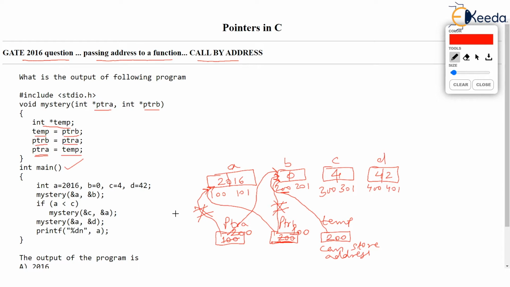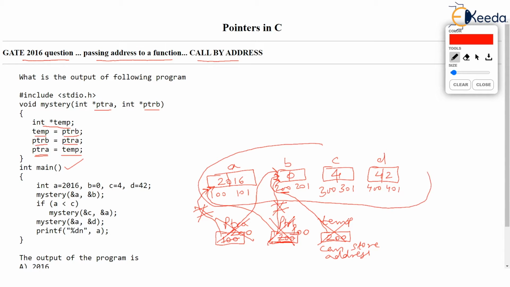Now you all know that when the function ends, all these parameters which I am striking out and all these variables are deleted, and we are left with the main variables, and the main variables are undamaged.